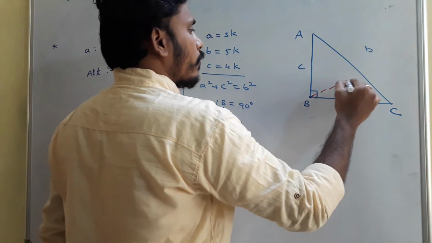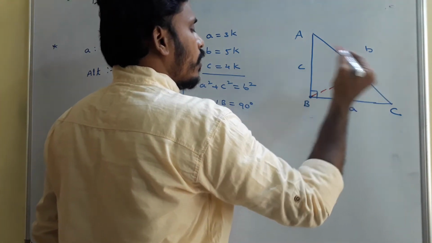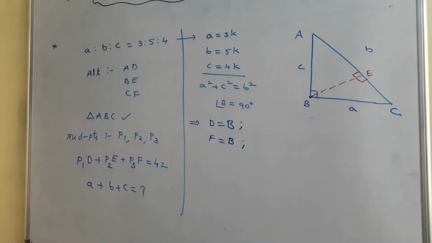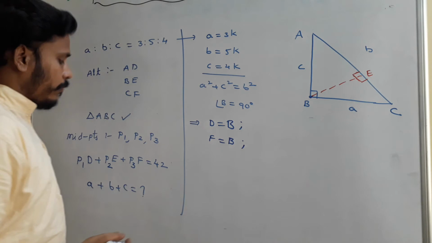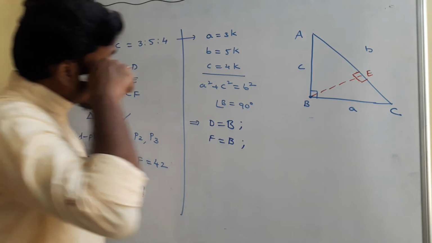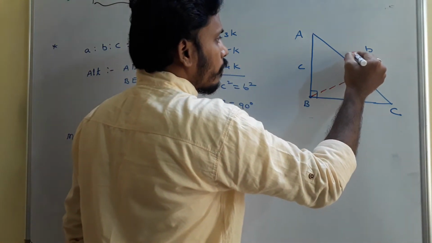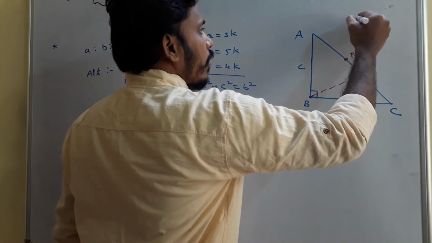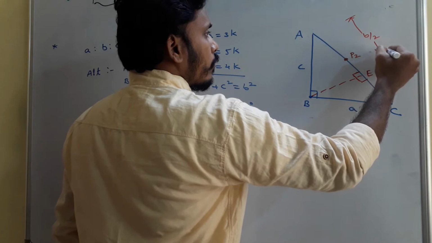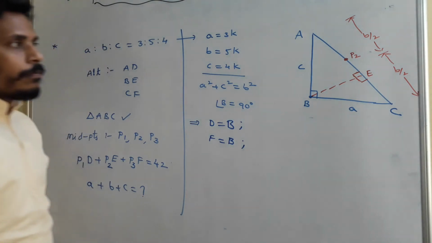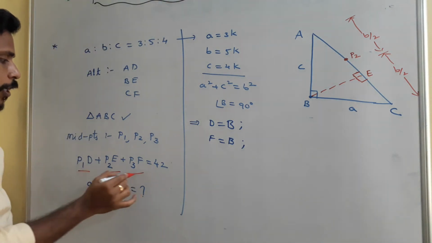So this is the altitude. So this is E. And as they mentioned, P1 is midpoint of the side. Which side is it? BE, okay? P2. So from somewhere you have P2 here. Okay. P2 is the midpoint. Since P2 is the midpoint, this length is B by 2, as well as this length is again B by 2. Okay. I need to find out P1D, P2E, P3F.